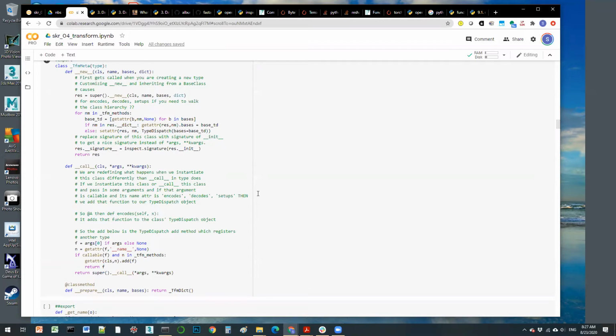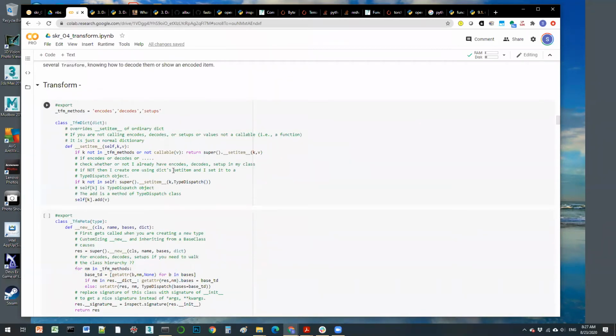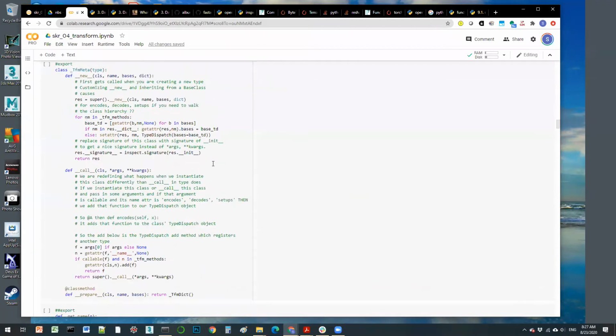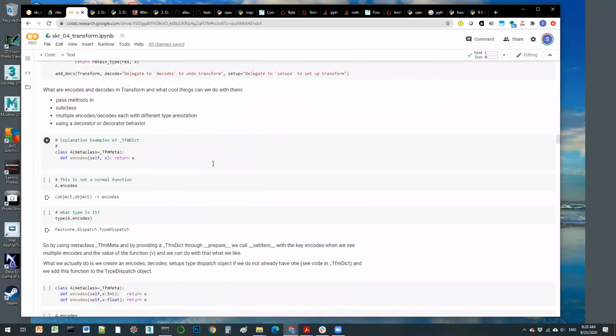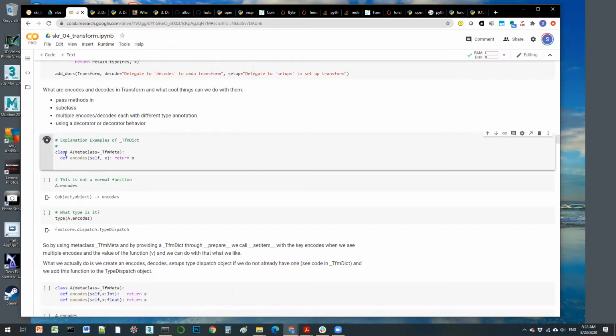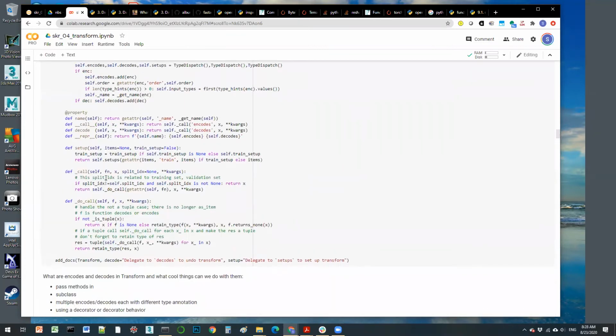Now, as we saw in the transform dict, a type dispatch object is what is created as the value for the key if the key is one of these strings, encodes, decodes, or setups. So what then is the type dispatch object? In other words, we can also look at an example of the transform dict if we run a class A. Sorry, I forgot to run